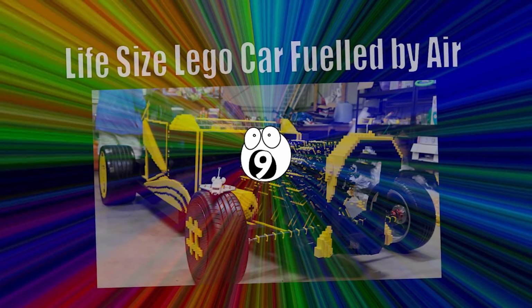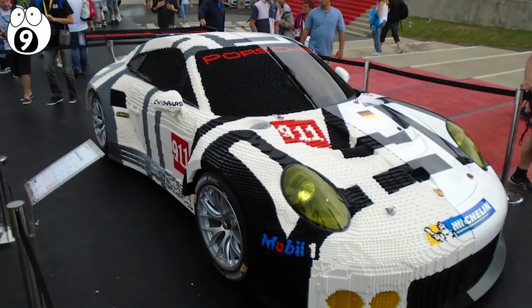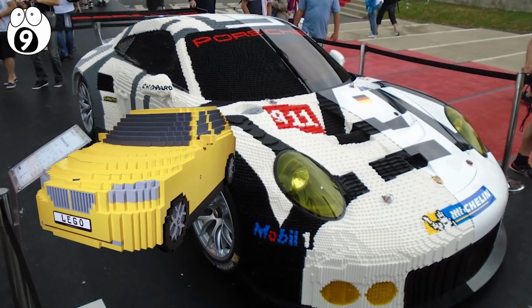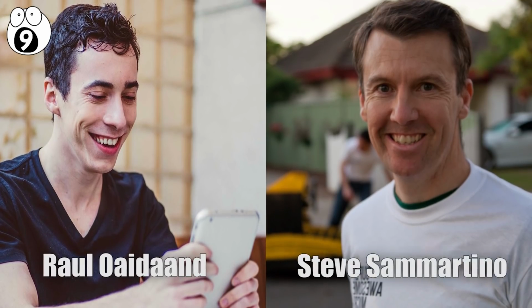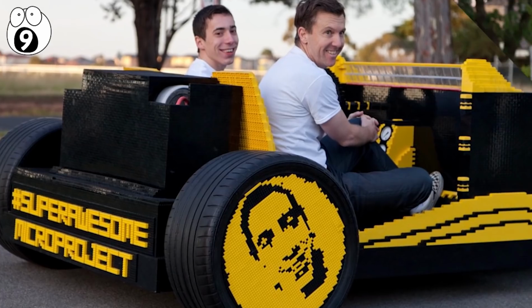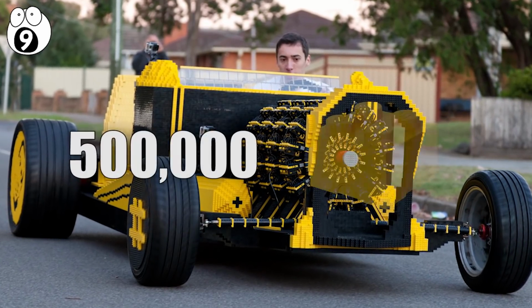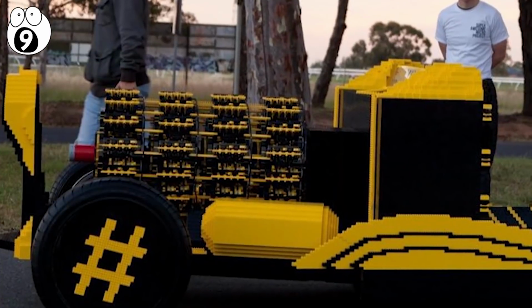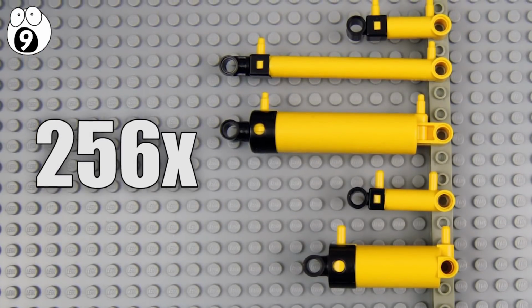Number 9. Life-size Lego car fueled by air. There have been several life-size car models made out of Lego, but Romanian inventor Raul Oaida and Australian investor Steve Sammartino wanted to make something better, a Lego car that you can actually drive. Oaida built his super awesome micro project from 500,000 Lego bricks, 4 orbital engines, 256 pneumatic Lego Technic pistons, and